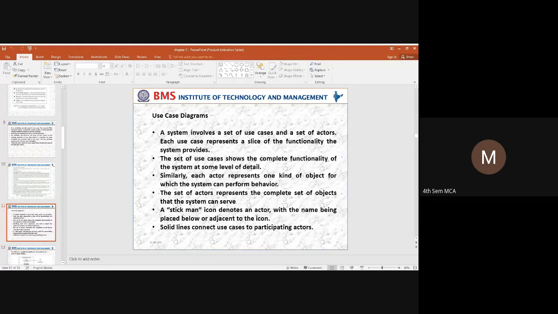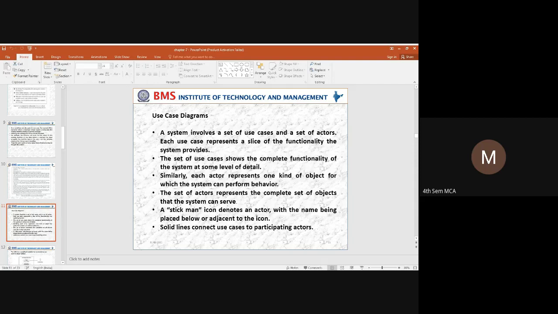So the next is how to represent a use case. A system involves both the use cases and a set of actors. These use cases are represented as functionality. The use case shows the complete functionality of the entire system, how the system can perform, and what type of objects can be involved within a system.